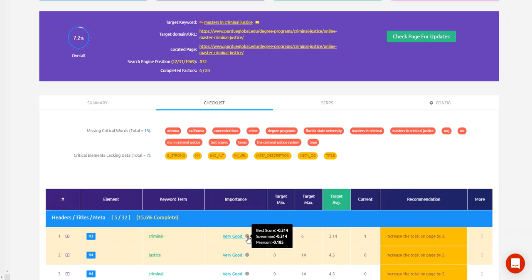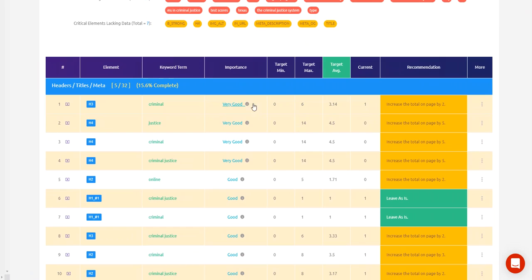So first it finds out what is correlating with good rankings, and then it tells you what you're missing and what you need to improve. Sometimes it even tells you you've done too much and you need to decrease. But if we were Purdue Global, which is what this analysis is specifically set on, we could come down through here